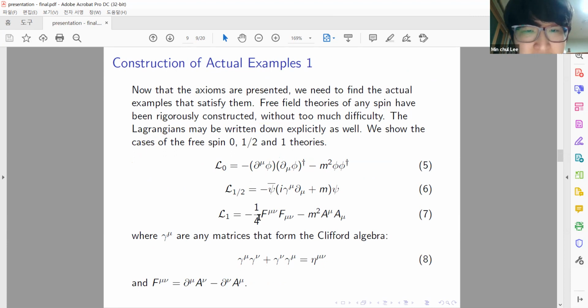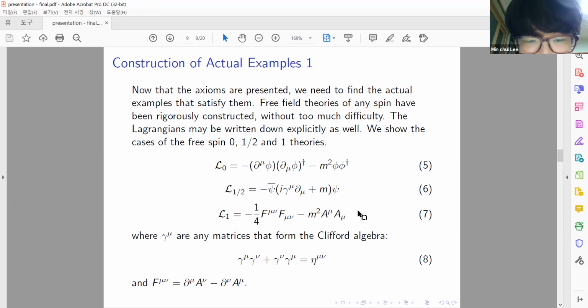The Lagrangians may be written down explicitly as well. We show the cases of the free spin 0, 1/2, and 1 theories. First, free spin 0 theory is a free scalar theory, and free spin 1/2 is the Dirac spinor, and free spin 1 theory